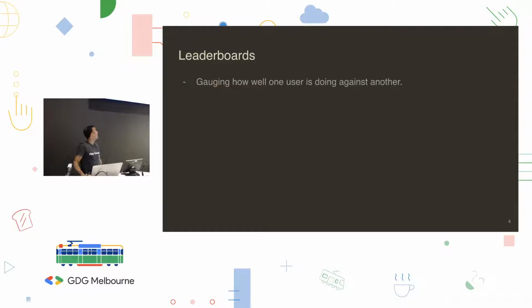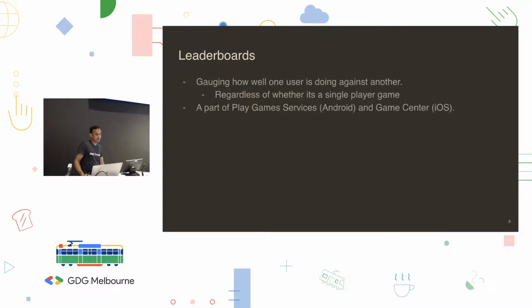I suppose even if you have a single player game, you can still have comparison and a social engagement between players, which is kind of nice. It's provided out of the box with Android and iOS, part of Play Game Services in Android and called Game Center in iOS. You don't actually need to remember to, if the backend does it for you. It persists the profile, so when you first create it, it will always persist it.